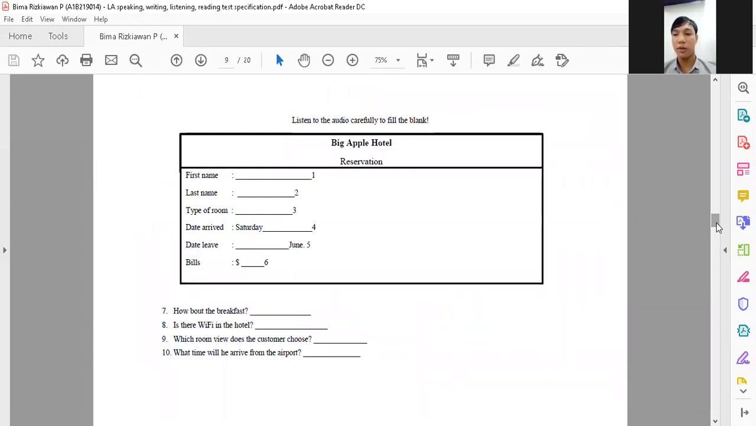This is the following of the question. For the first, to identify the information about the first name, last name, type, that arrived, that leave, bills, and the question like the information from the audio. And the next,